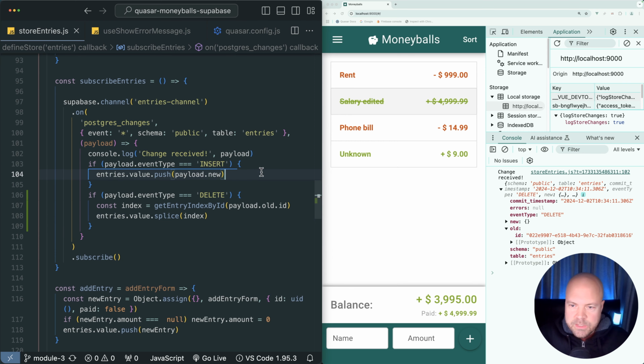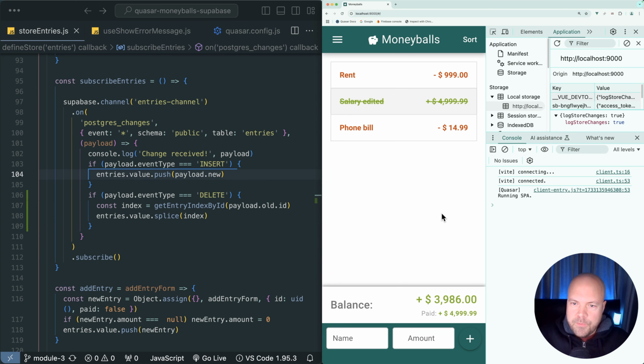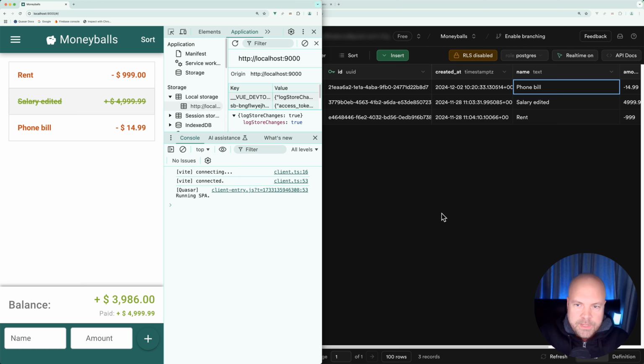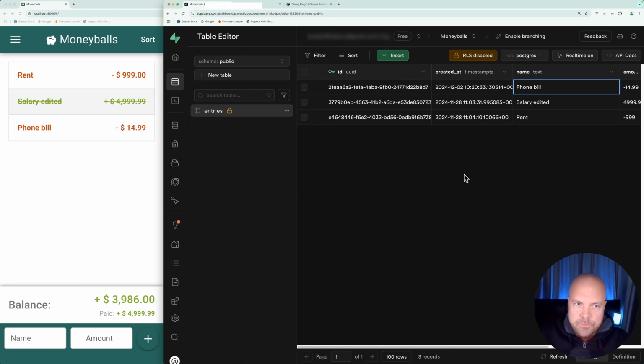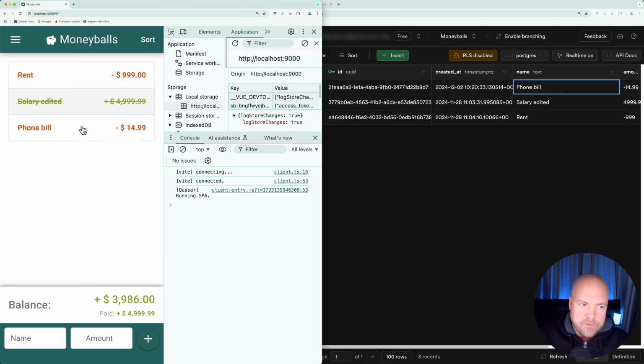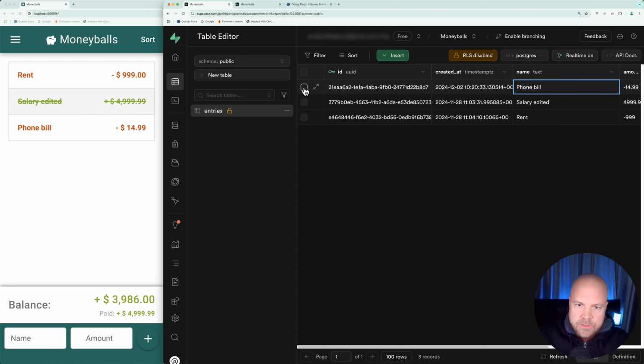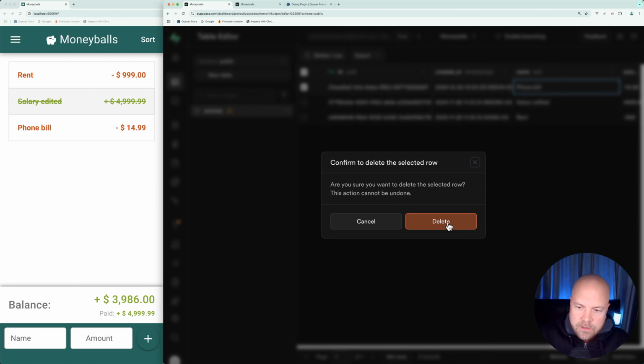So let's save this and see if that's working. I'll reload the page, put this over on the left again, jump back to the Supabase entries table. And hopefully if we delete this phone bill entry on Supabase, we should see it removed instantly from Moneyballs as well. So I'm going to check the checkbox next to phone bill, click on delete one row, click on delete,